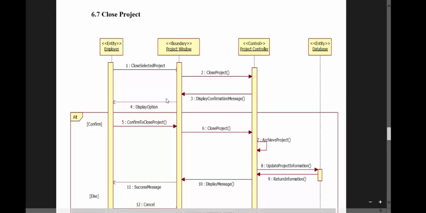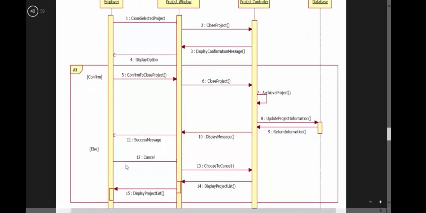Two options will be displayed: confirm to close the project or cancel. If the employer confirms to close the project, the window will in turn request the controller to close the project, and the controller will archive the project and will update the information in the database, and the success message or the updated information will be displayed to the employer.